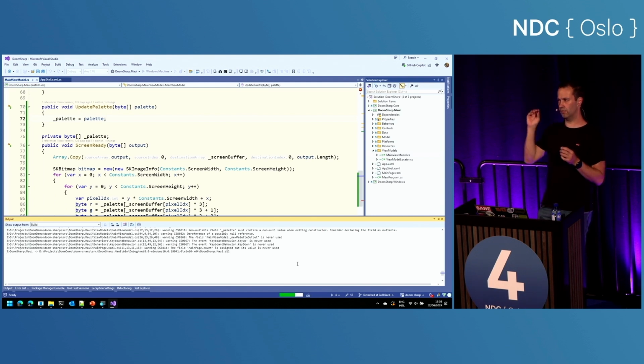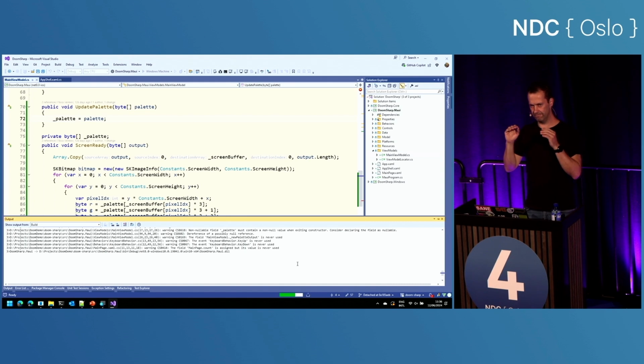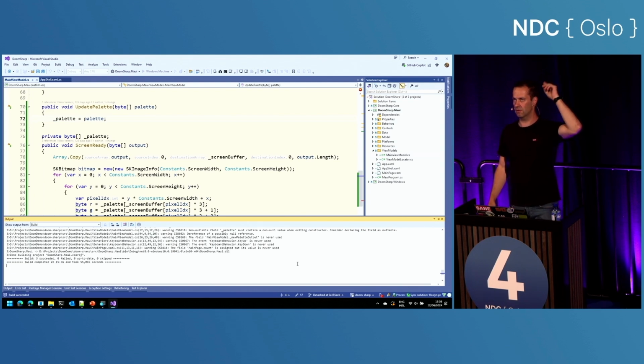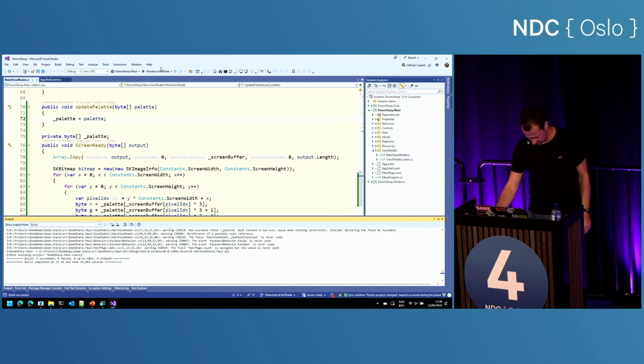And if I wait for the Doom demo to run, it will work, but it's not really that noticeable, but it will be slow. It will stutter a bit, which has to do with what we're doing here in the screen ready method, with the manual replacing of the pixels. Hey, build succeeded. Look at that.